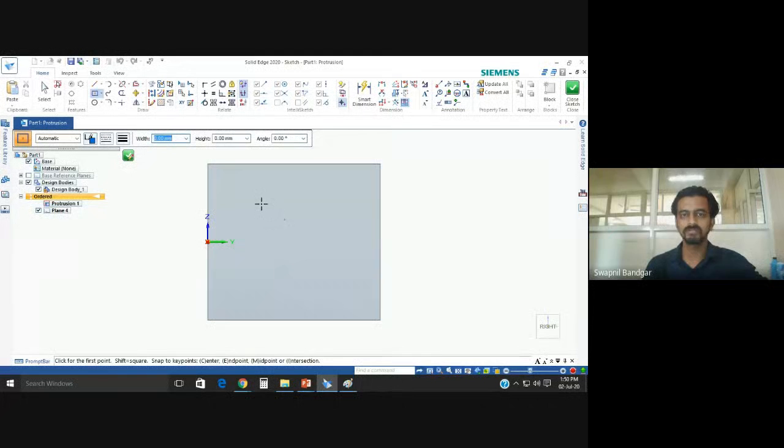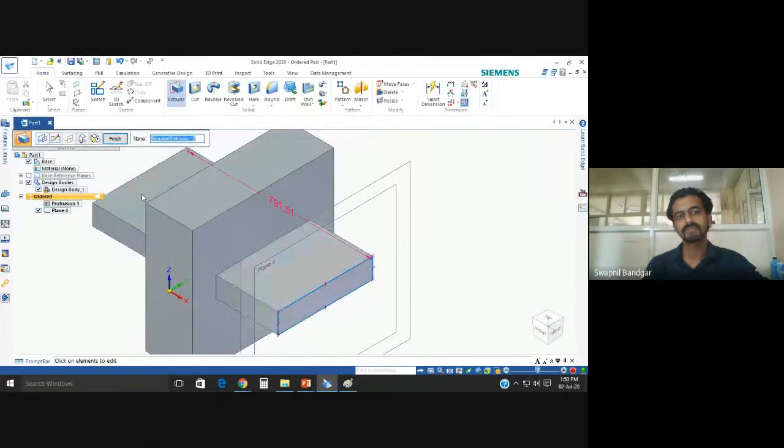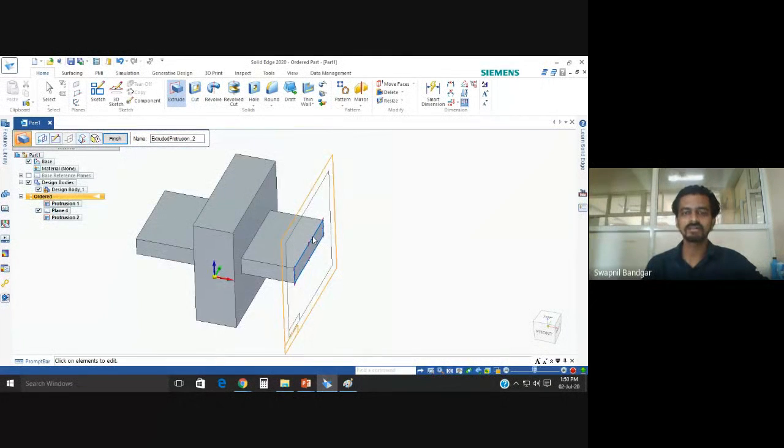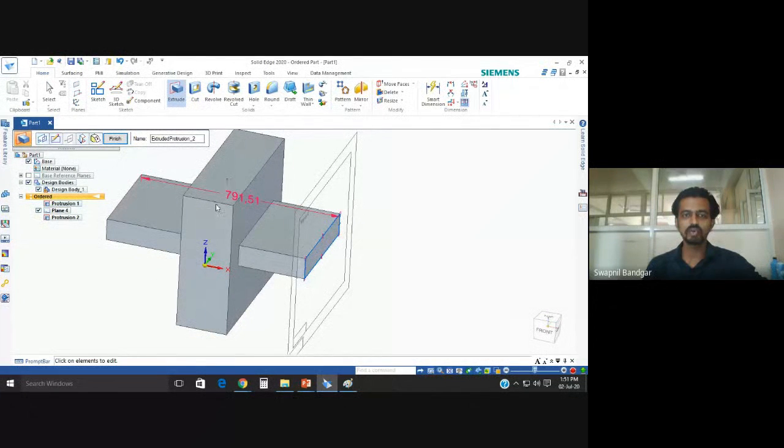We'll draw the same, sorry. So these two parts are there, and this is your model of your product. It means these are two cubes which are passing through each other. Okay, so this is my part.